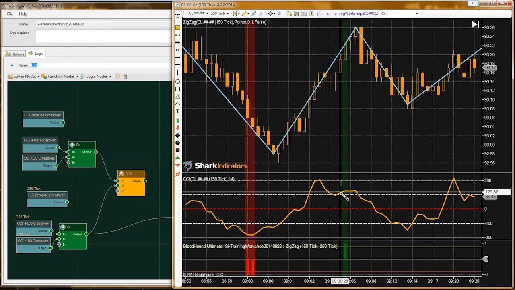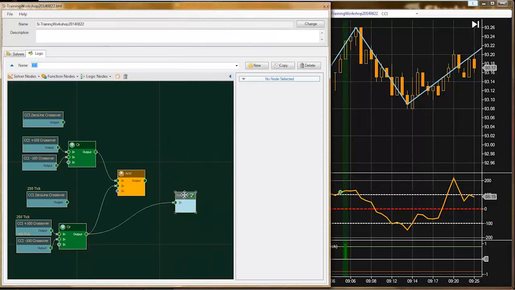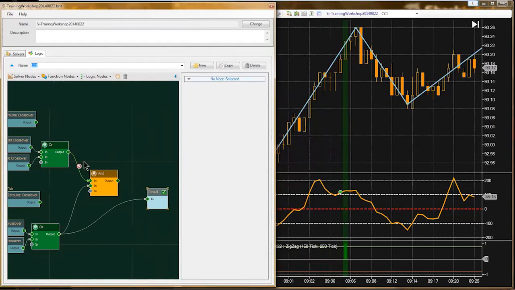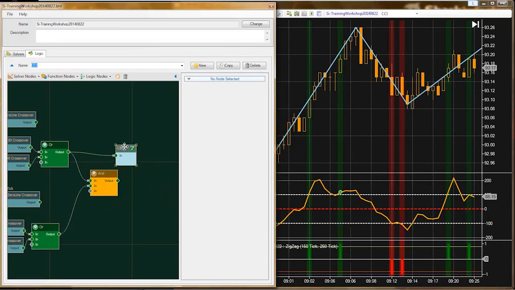So we can see on the 150 tick chart, the crossover happened 1 bar earlier, and it took the 250 tick chart an extra bar to cross over. So let me show you the difference here. So I'm looking at the 150 tick chart, right? So we can see the crossover happened on that green dot,